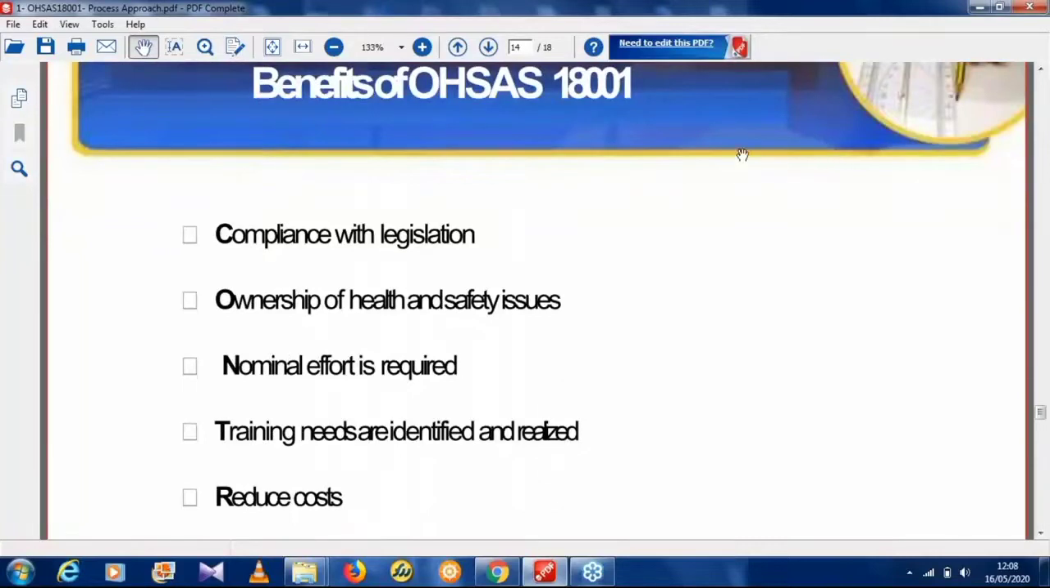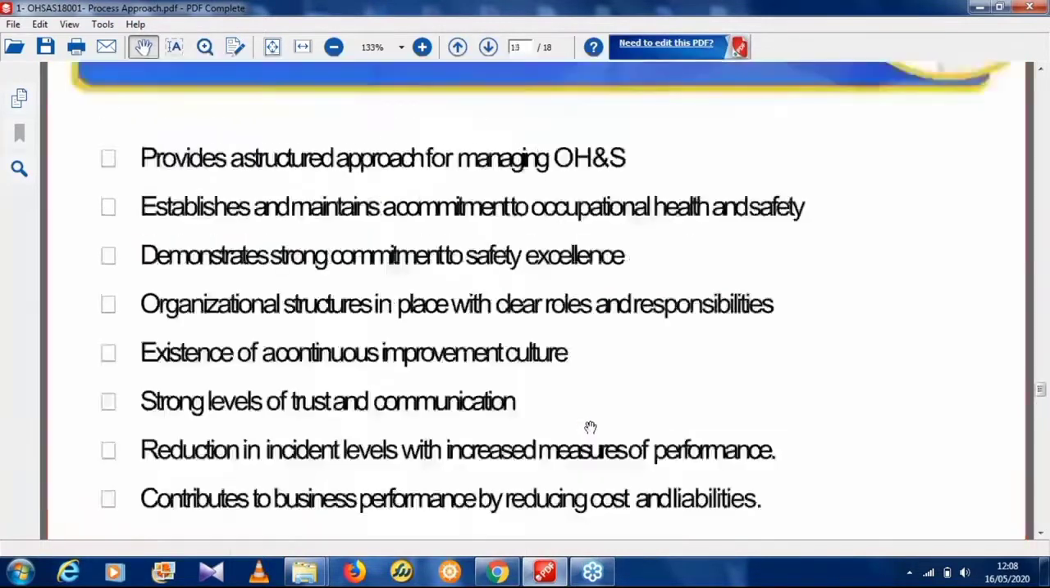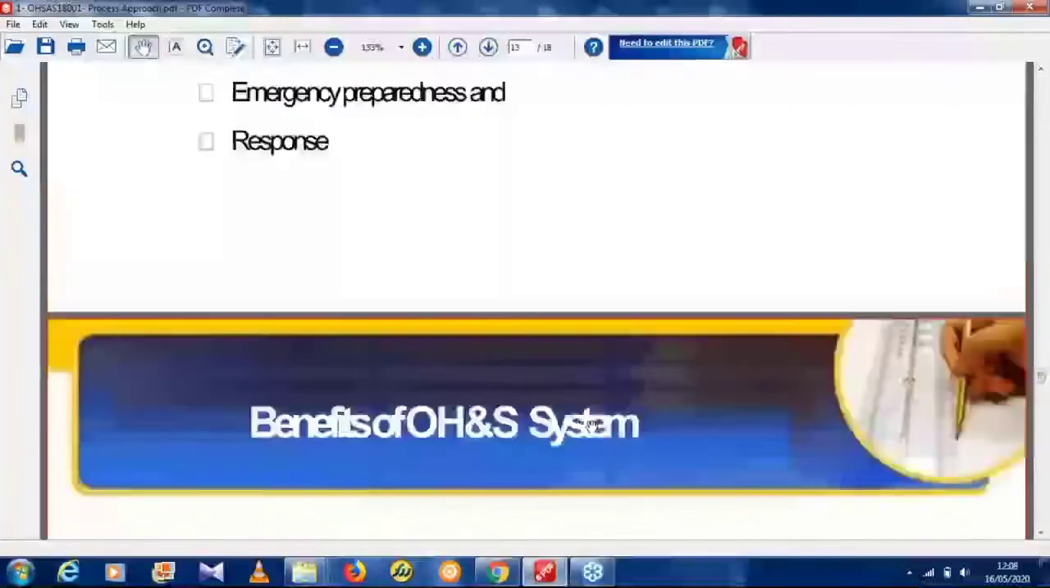Today's discourse is on safety and health legislation and OHSAS 18001. In our last class, we went through some areas of discourse, and we stopped around this region where we're talking about the benefits of OHSAS 18001. Although before then, we had started with